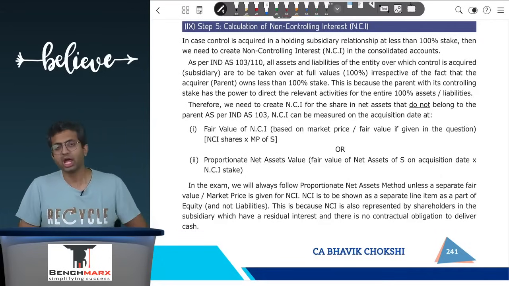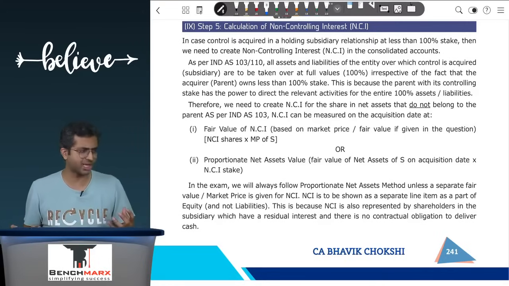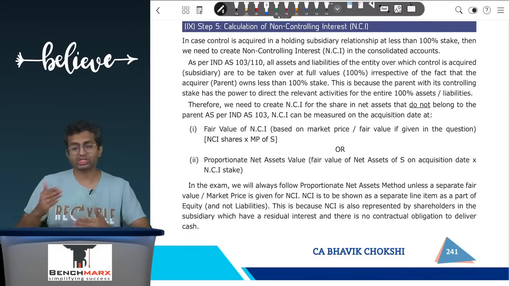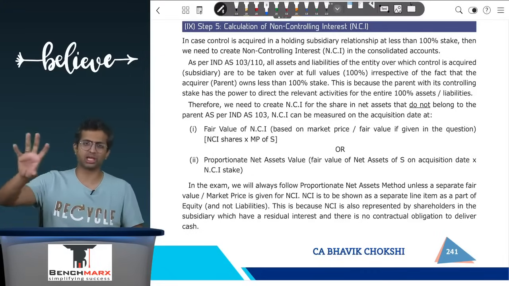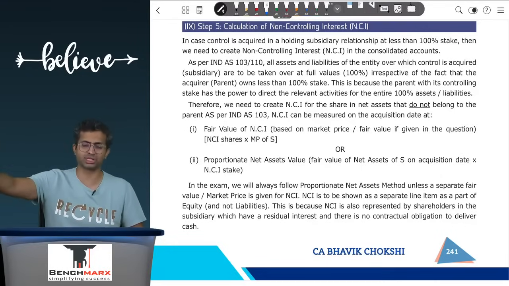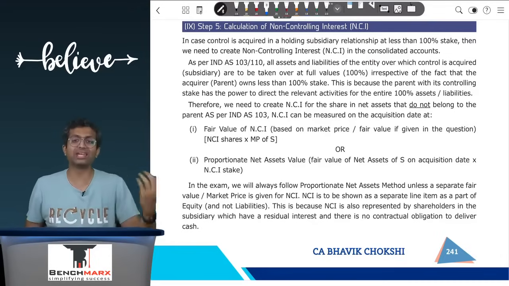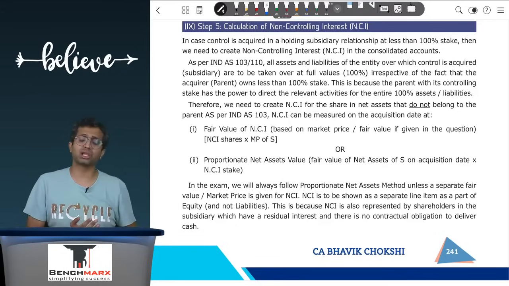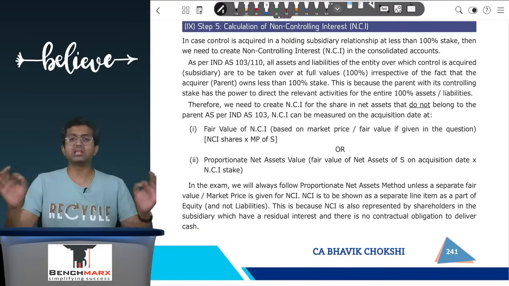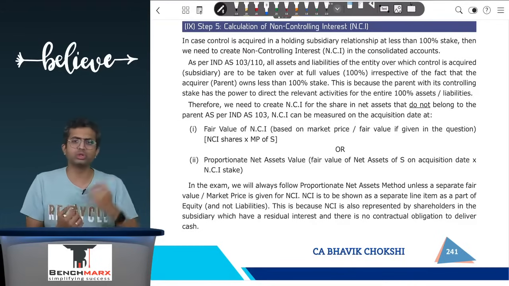However, Ind AS 103 tells you that you'll have to consolidate 100% of the assets and liabilities, because you have the ability to direct the entire 100% of the assets and liabilities. And hence, because you consolidate 100% of the assets and 100% of the liabilities, that gives birth to the concept of NCI, because 30% of those assets and liabilities, though you can direct what is to be done, once sold and distributed belong to someone else, not to you, and hence you create something called non-controlling interest. So the birthplace of NCI is the fact that you take over assets and liabilities at fair value 100%, and hence the 30% which is not attributable to you is to be shown as NCI.